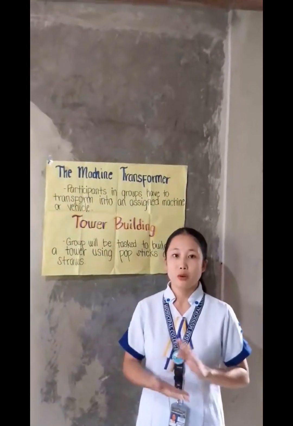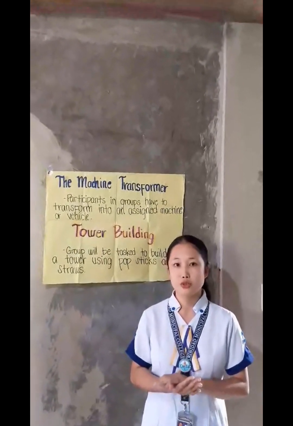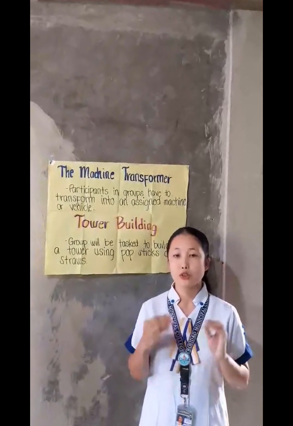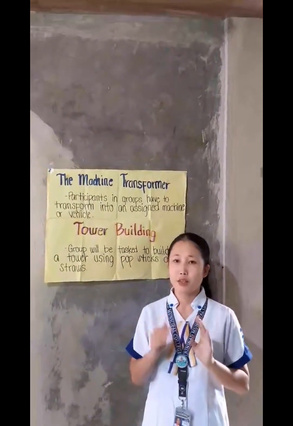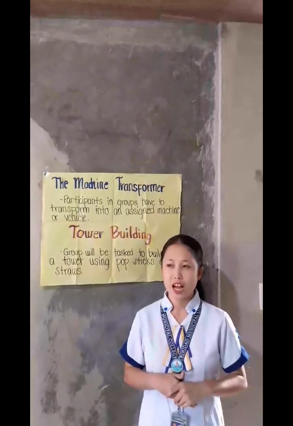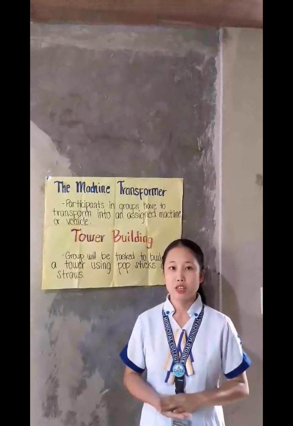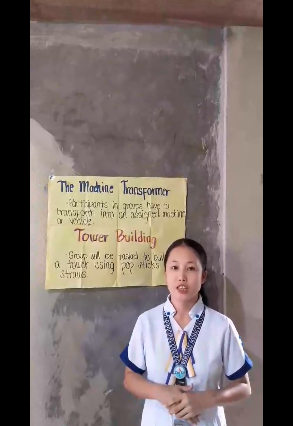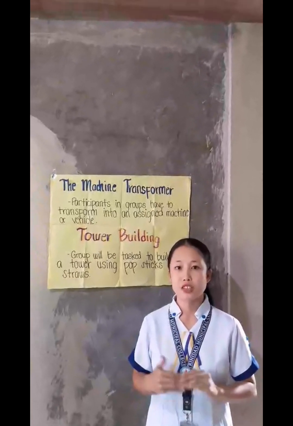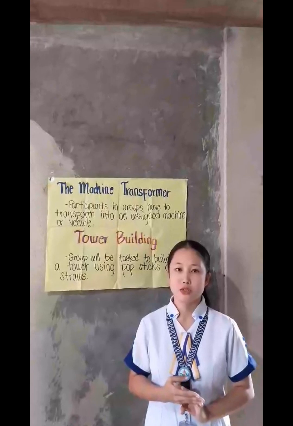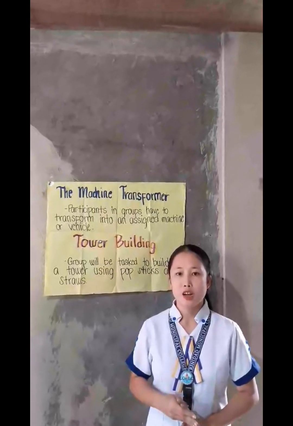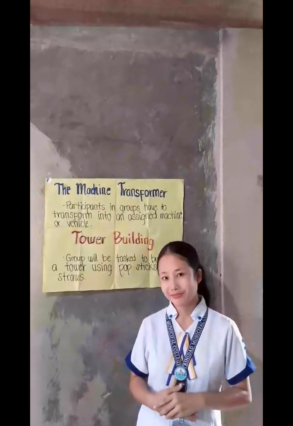For example, one group negotiates who gets to use the materials, how to best build the tower, and how to handle setbacks. The participants have to communicate effectively, work together, and manage potential conflict to achieve the set goal, because the aim of this activity is to address personal issues and collaborate effectively.